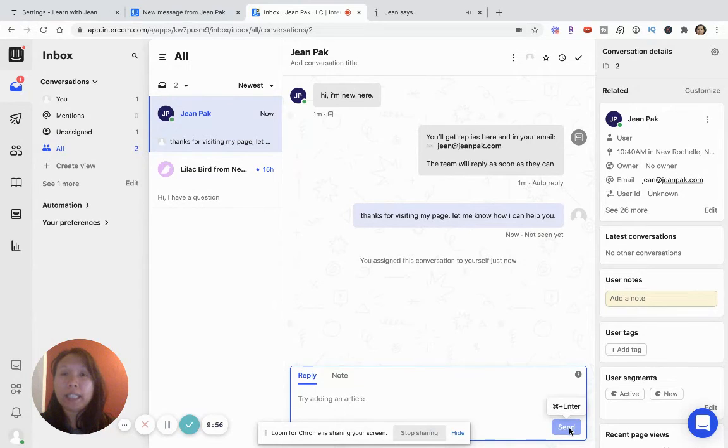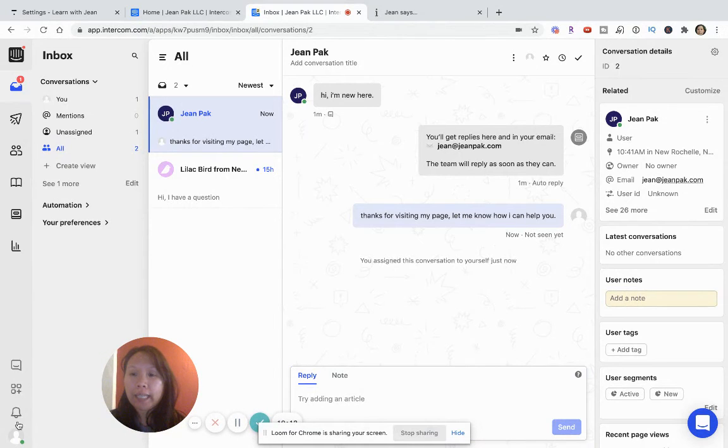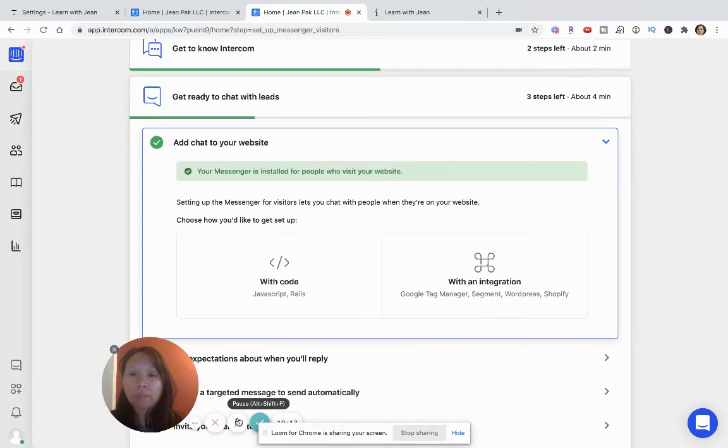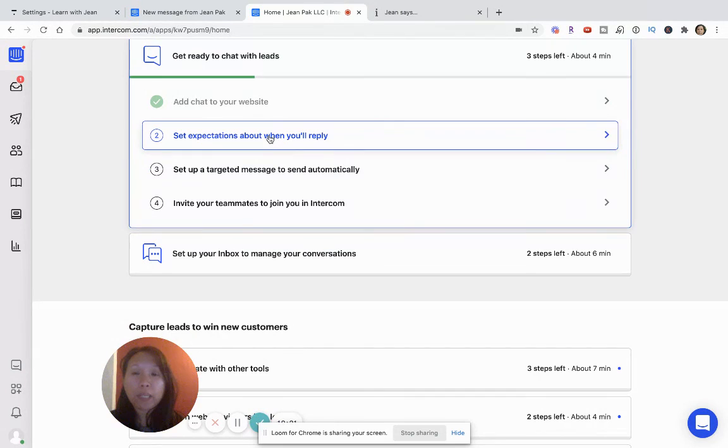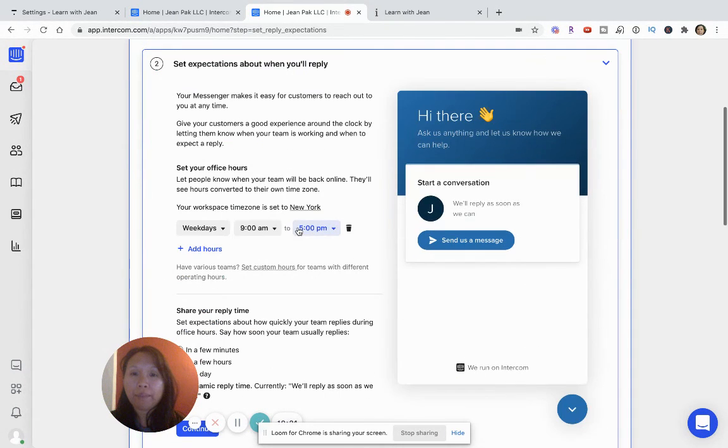And so the idea is this allows me to manage all the conversations specifically from here and track them at all times, so that if someone leaves me a message and I can't get to them at the moment, I can always come back here and check. And the other thing I want to show you before this is over is that you can set the hours. So now we've already added the chat to the website. Now we want to set expectations about when we'll reply. So right now I am on East Coast time and I've set my hours for this chat of 9 to